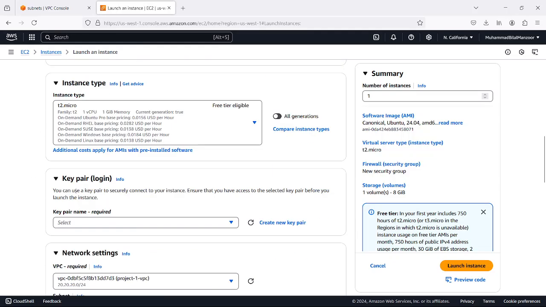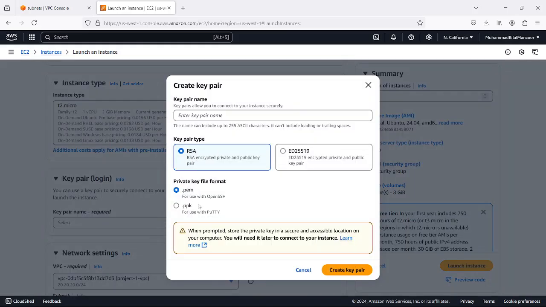I will use T2 micro, and here the key pairs, I will create a key pair, and there are two types of key pair. One is usable with Linux, one is usable with Windows. So I am going to generate an RSA based key pair. It will be used to access this EC2 instance. So ppk I will generate. You can see here use with putty. This is a Windows tool,